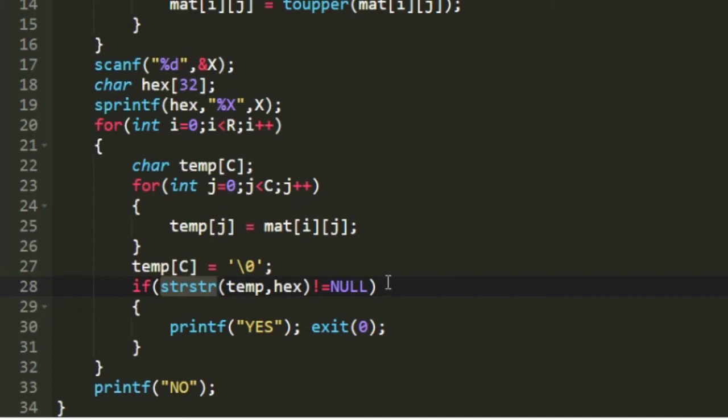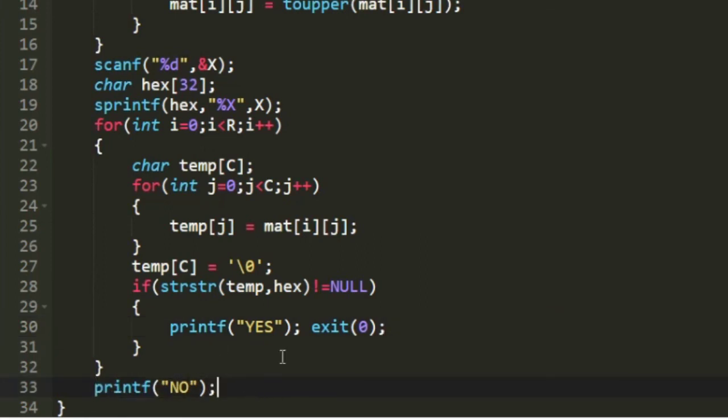This function doesn't return null if the character array hex is a substring of temp. So we are including this in the condition. If the function doesn't return null, then I am going to print yes and terminate the whole program using exit 0. And if in every row this function returns null, it means that the hexadecimal is not present horizontally in the character matrix. So finally we print no as our output.